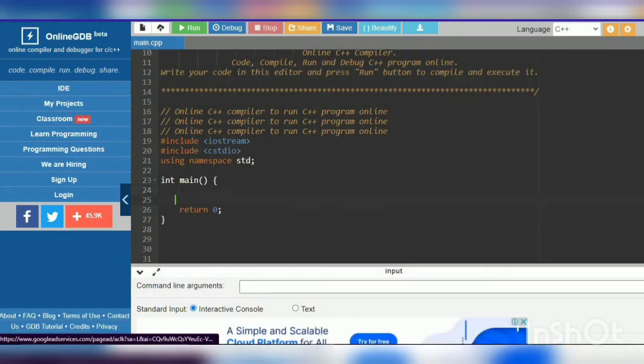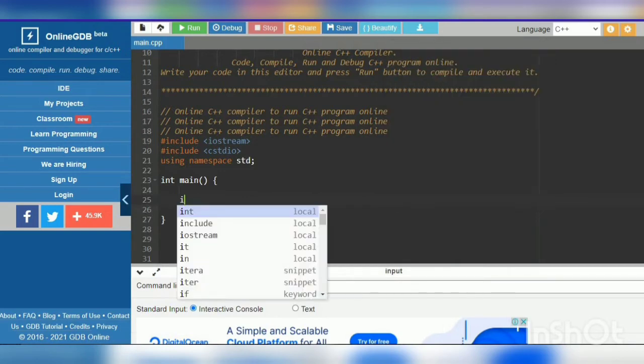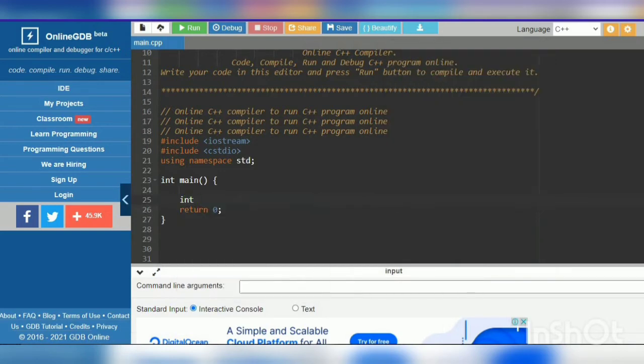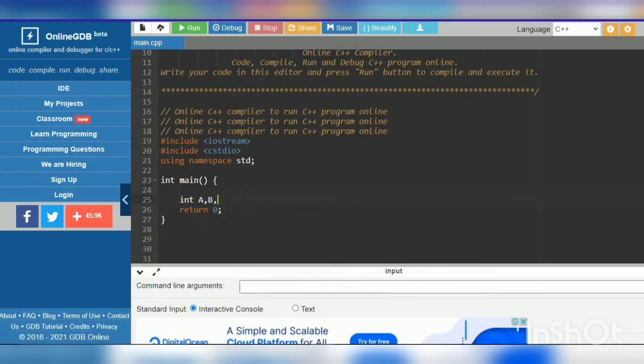First of all, we will declare the variable for our string. Suppose they are int A, B, C, D, and its value is first of all 0.